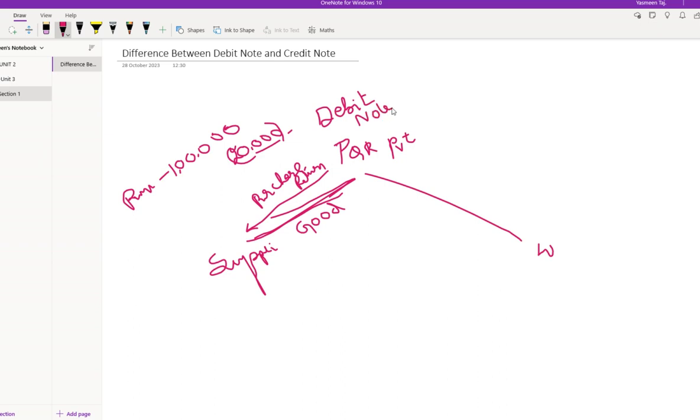You are the buyer here. You will issue a debit note to the supplier to receive that 20,000 rupees back. And the supplier who had sold you the goods will issue a credit note to you. So here he is the seller, you are the buyer. The buyer will issue a debit note, the seller will issue a credit note. This is one transaction. In the same way,